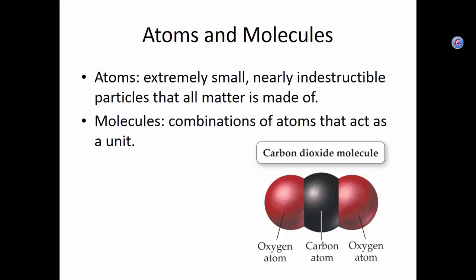So here we're showing a representation of a carbon dioxide molecule. So we can see that we have several atoms, 3 in this case, that are combined, and this whole thing will act as a unit. Now, in terms of why it is this way, why the carbon is in the middle, why it is this particular shape, those are things we'll look at later in the semester. For now, you just want to understand when we have a symbol of a compound,